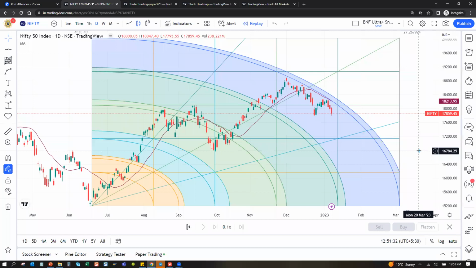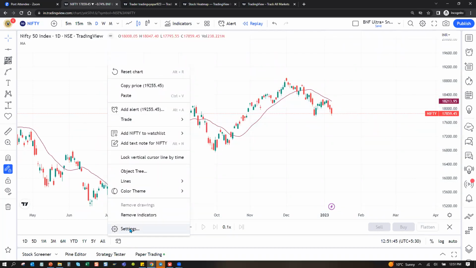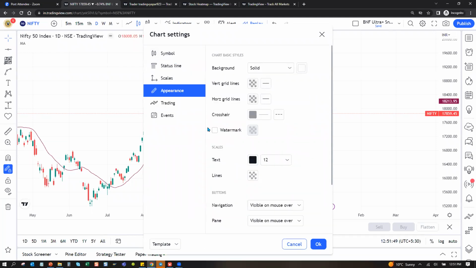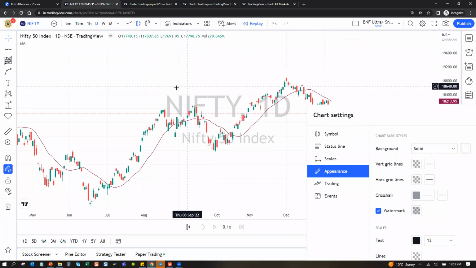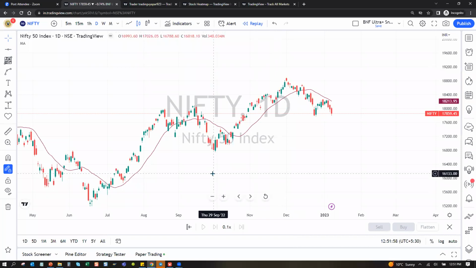One gentleman was just asking about a layout, how to label them. I think the best option is to go for appearance and then select watermark. Okay. Yeah, that's what I thought. Thank you for confirming. Yes, here you go to this, appearance and watermark. So it will come in the background, big like this. Okay, and good point you raised this, sir.